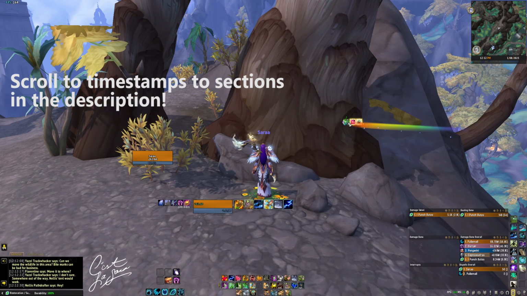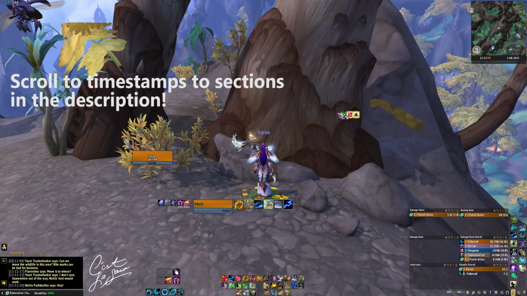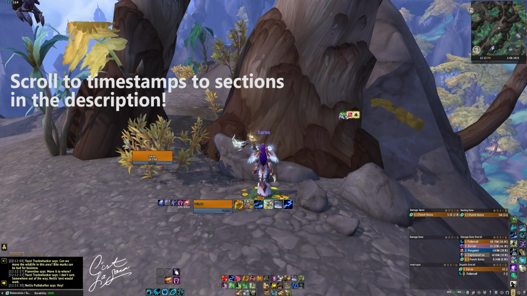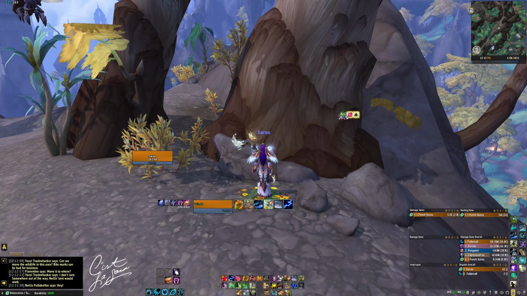Hello, this is Sarah, and I'm going to be describing my new UI. This is just for my own documentation, but I figured I would share it to see if anybody else would